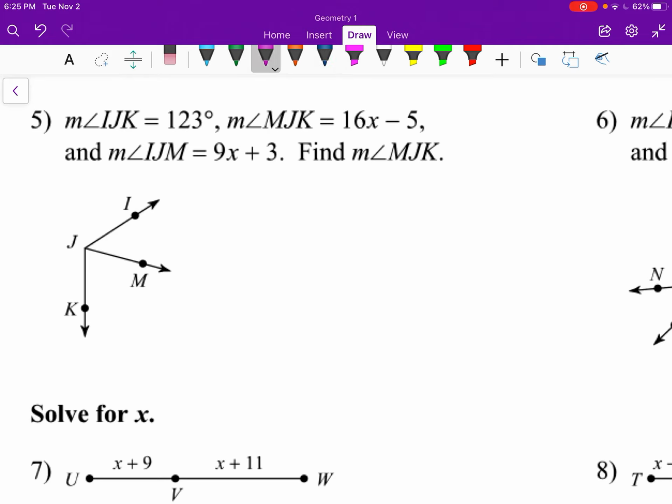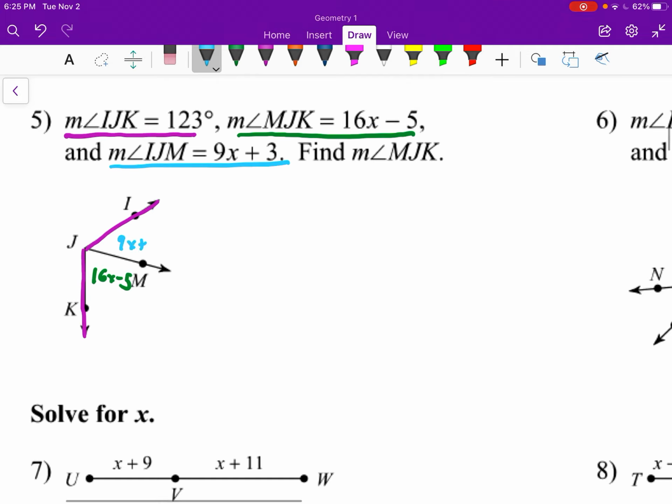In these next group of questions, measure of angle IJK is 123 degrees. Measure of angle MJK is 16x minus 5. And the measure of IJM is 9x plus 3. This time, however, we are trying to find the measure of angle MJK. So what we're going to do is kind of what we did for questions 3 and 4. We're going to solve this for x, and then we're going to plug back in to help us find the measure of angle